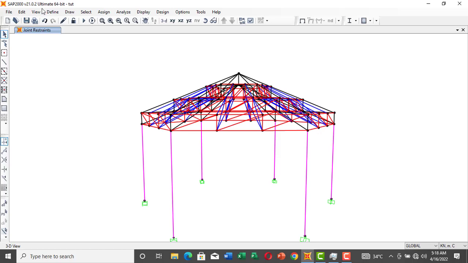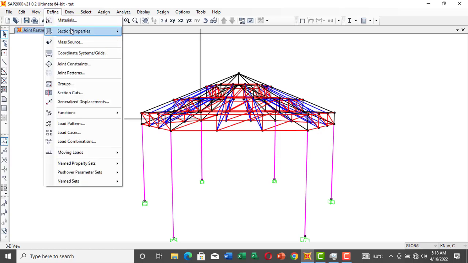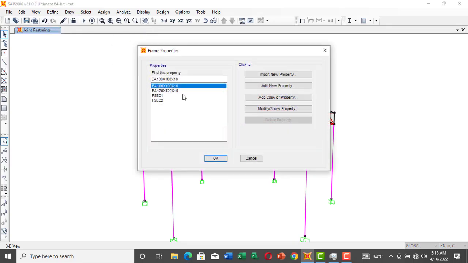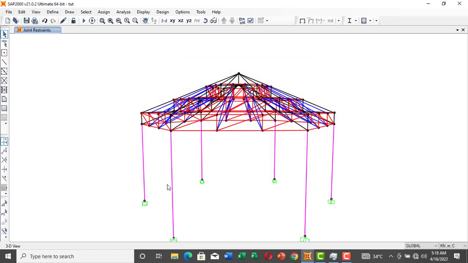And then what is the section? Let's just check the section. These are the sections we used. I use 120 by 120 by 10. There is 100 by 100 by 10. So I can just use the highest. Let's use 120 by 120 by 10. So if that is the load,